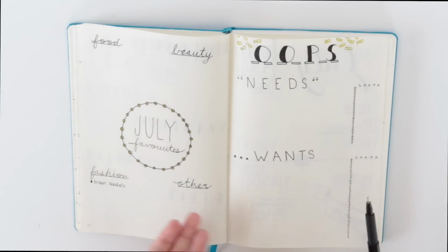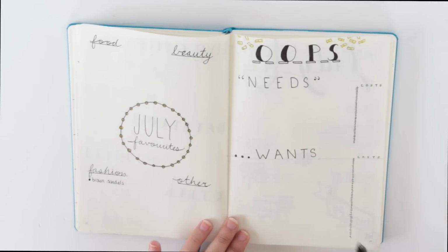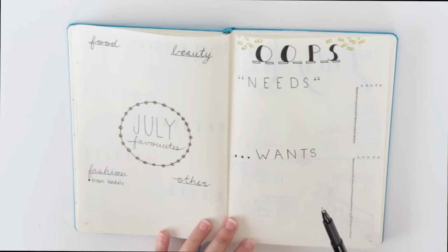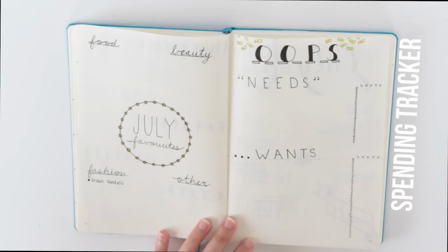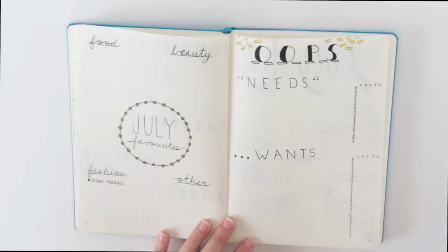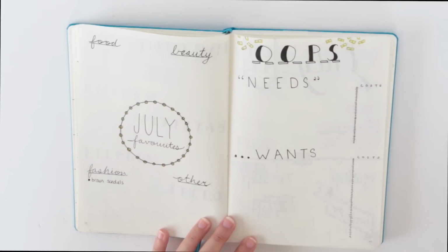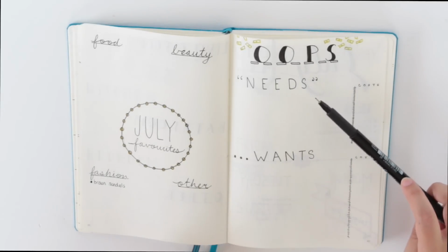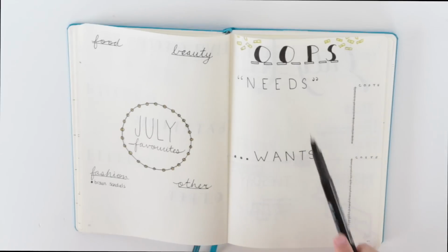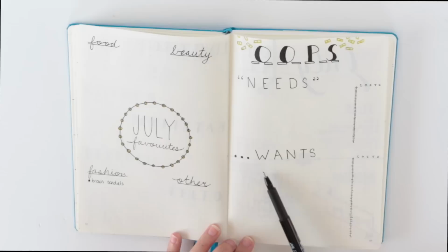And then on the page to the right is my version of a very simple financial tracker or budget or spending tracker. That's the word I was looking for. I titled it Oops because usually when you spend money, you sometimes are like, yeah, oops, that happened. I categorized the page into "needs." Notice the quotation marks there, because sometimes needs aren't really needs, and